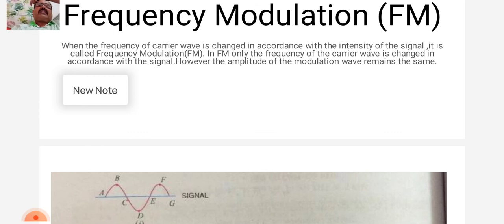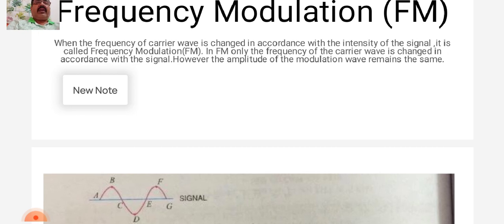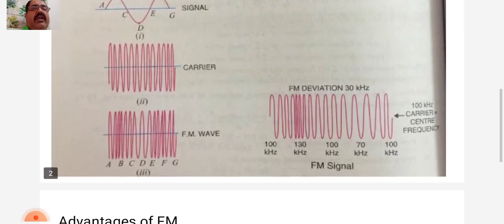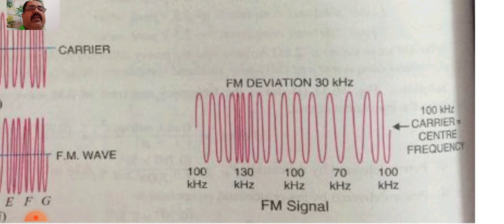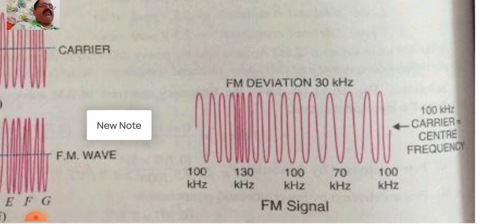So what happened in this process? The process of frequency modulation, FM, can be understood better if we consider numerical values. And what are the numerical values? You have to observe in this figure. Here you have to observe these numerical values. Let me consider this FM signal. And what happened in this FM signal, that